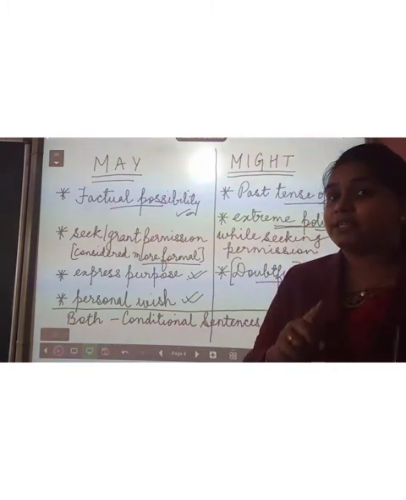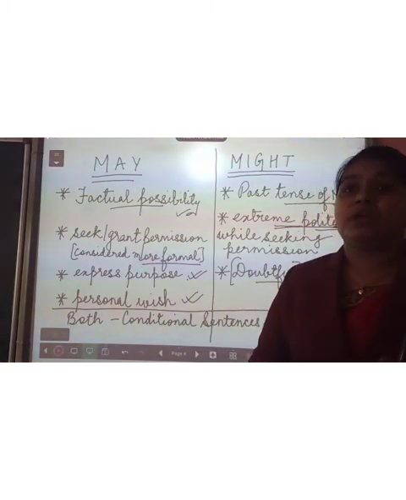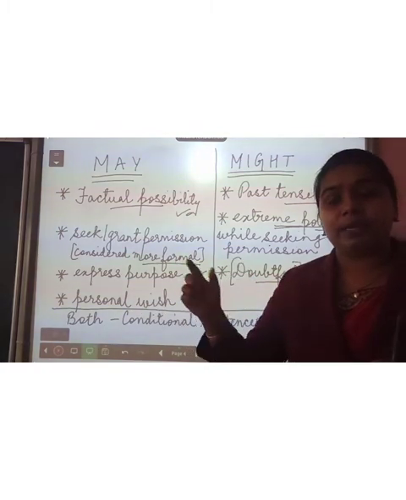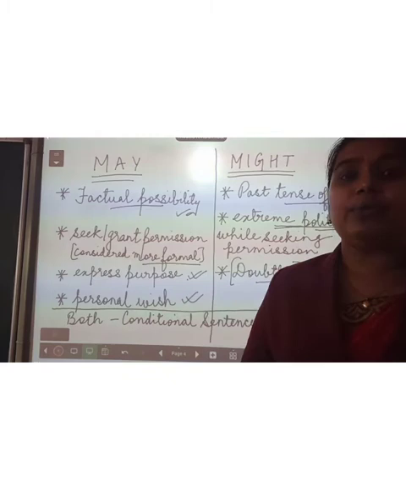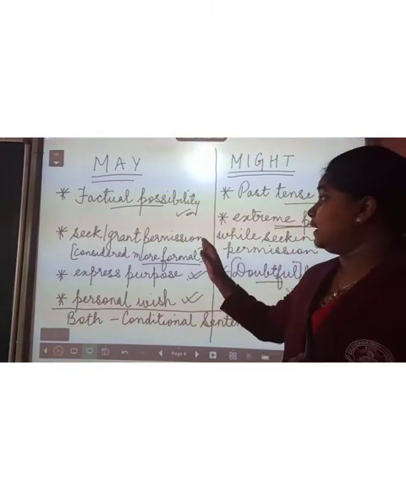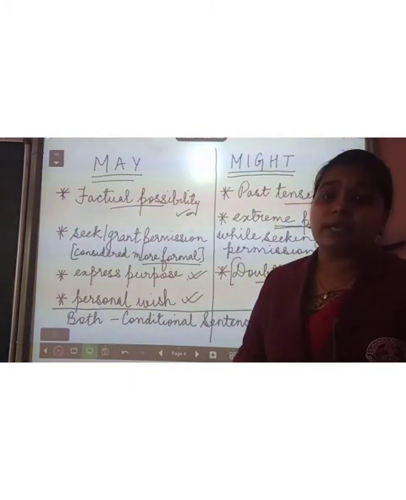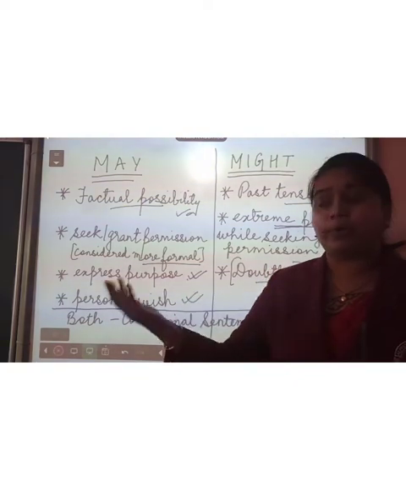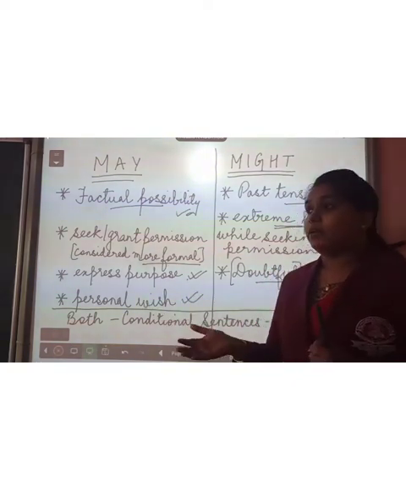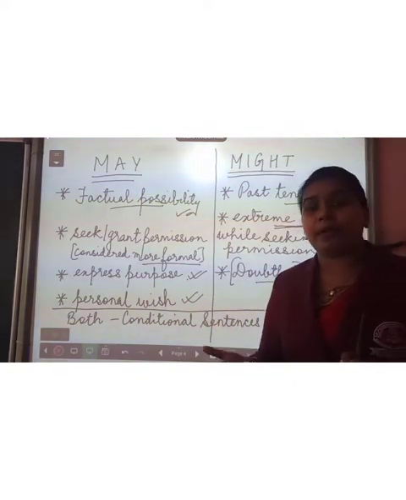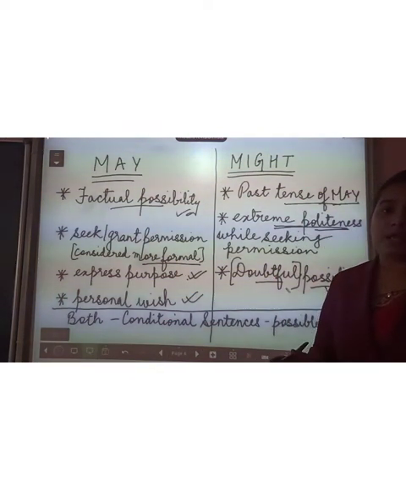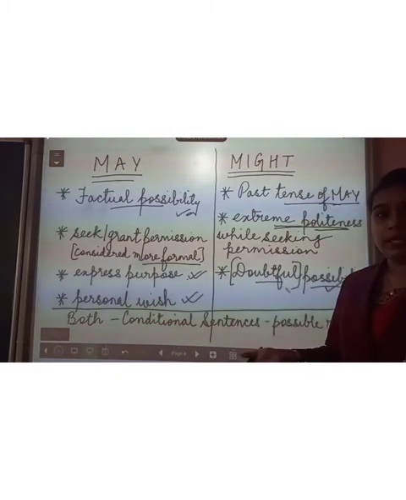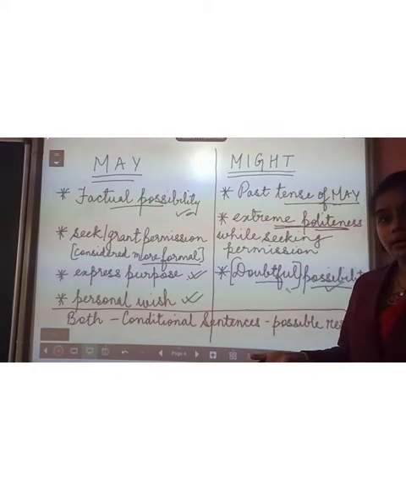When I make the sentence, it is quite thundering, it may rain, this is the possibility which is going to happen. It is a factual possibility which I am very sure is going to take place. But if I just say it might rain, it means I am not sure about it. It is a doubtful expression, the possibility that it may or may not rain.